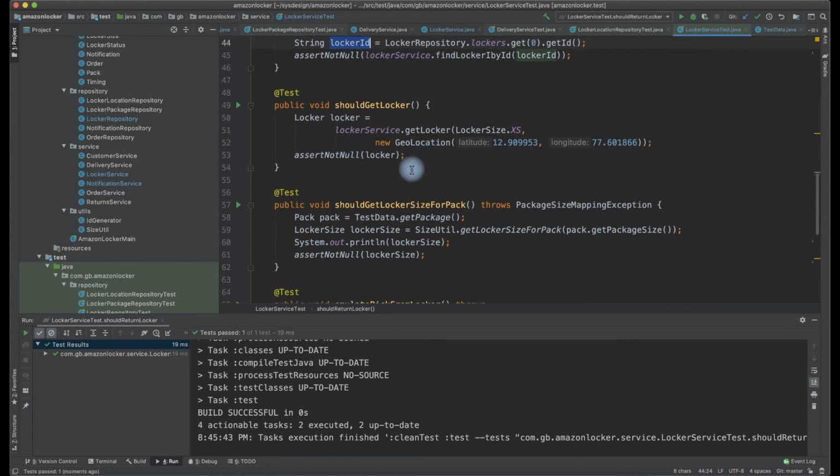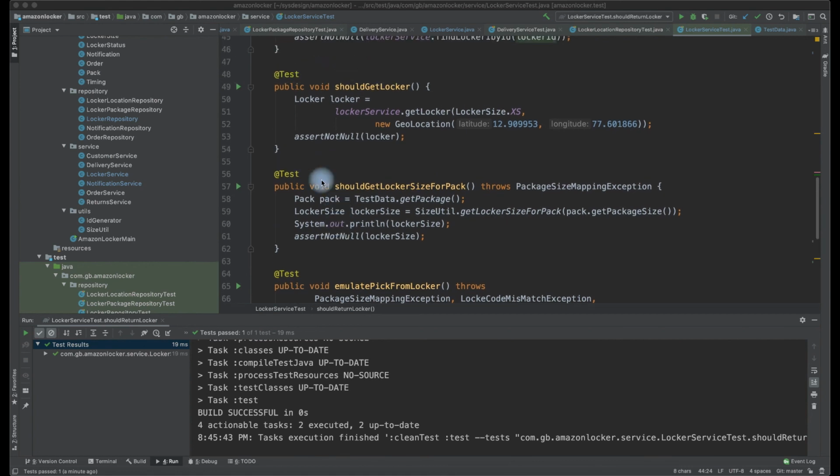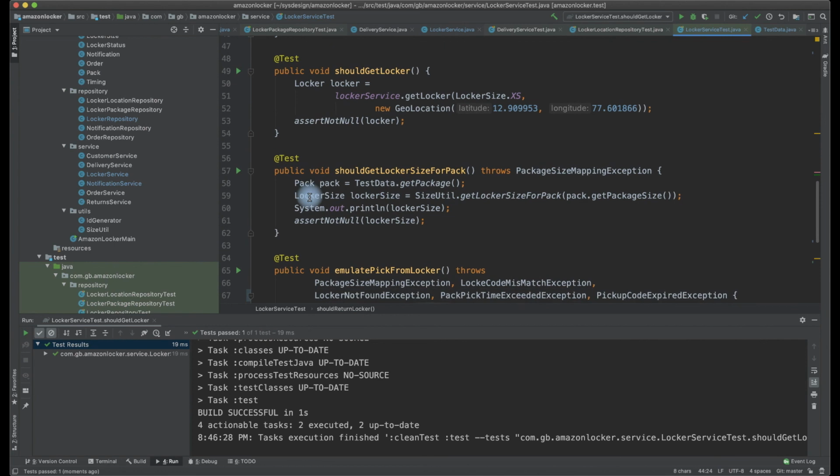When I give the location, will I be able to get the locker with the size? This is used for locker allocation, right? The locker service is called with a particular location ID, and we check whether the locker is available in that location with the availability status. That is the second test that we have run. I'm just running it and showing it. It is working.